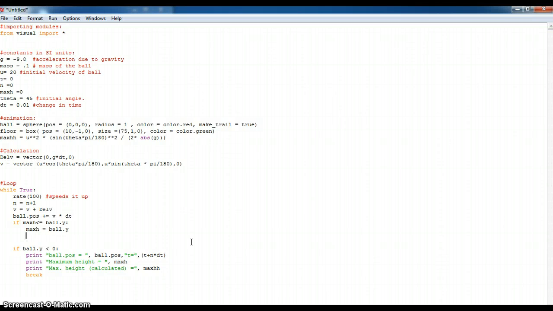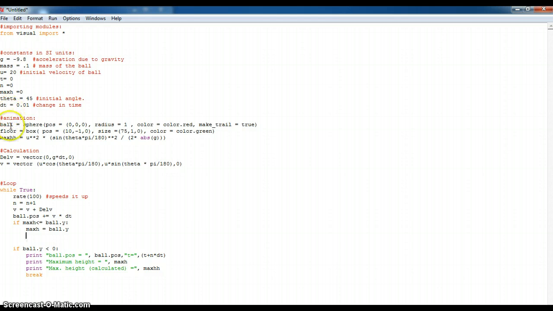Hello everyone, today I am here to give a demonstration on projectile motion using VPython, and this line gives me the module for this program. After considering the basic things for projectile motion like acceleration due to gravity, mass, initial velocity, time, and this is the number of times our motion is divided into, maximum height, theta, which is the angle at which the projectile is launched, and dt, which is change in